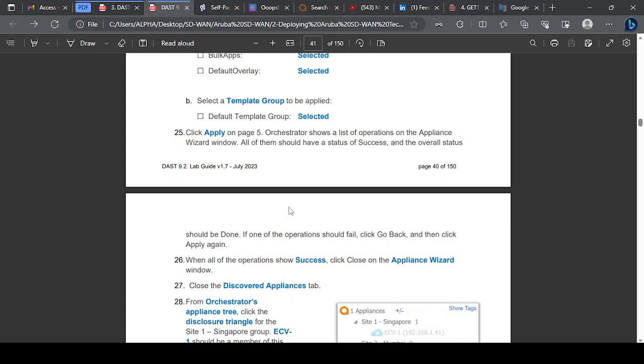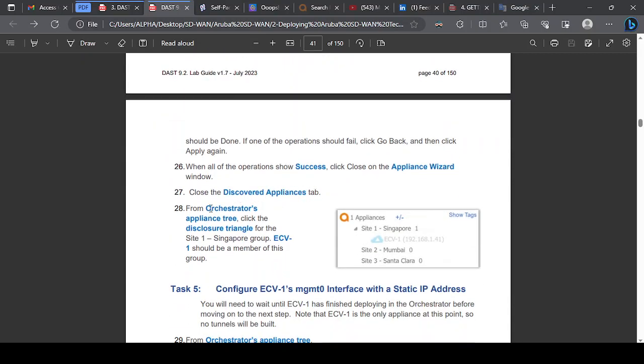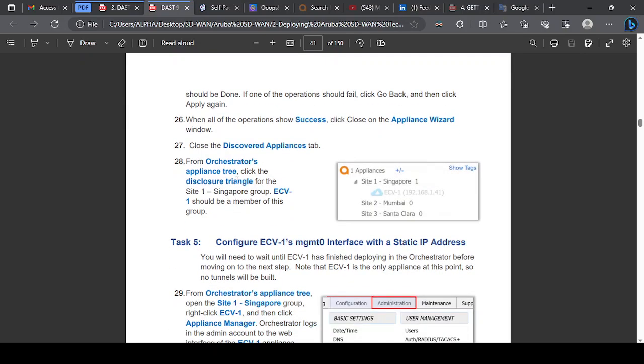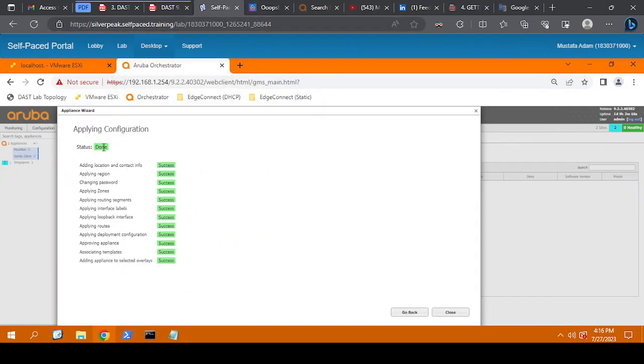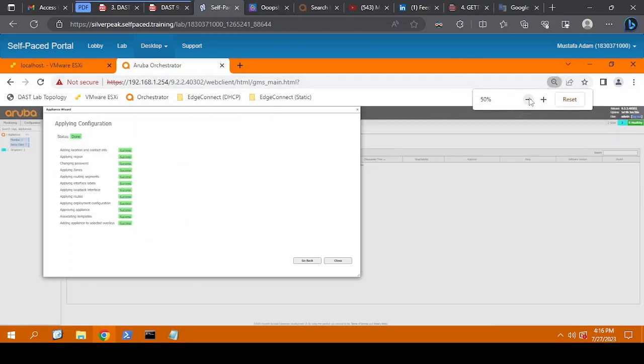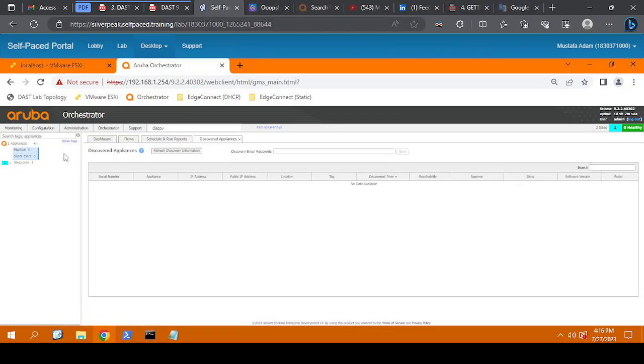Alright, what's next? After success, hope it will go smoothly and all success. Close the discover appliance tab. For the orchestrator appliance tree, click on discover triangle for the Singapore member. Oh, we can just see the Singapore here. I hope. Okay, done, success, all of them. Okay, close. Now if we go to Singapore,